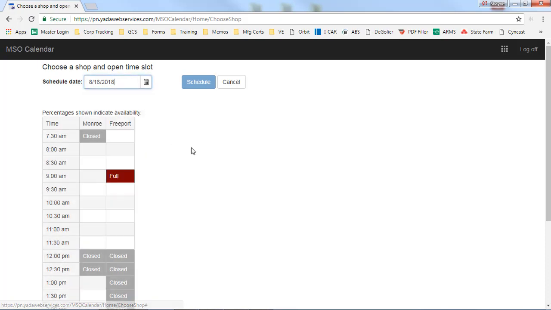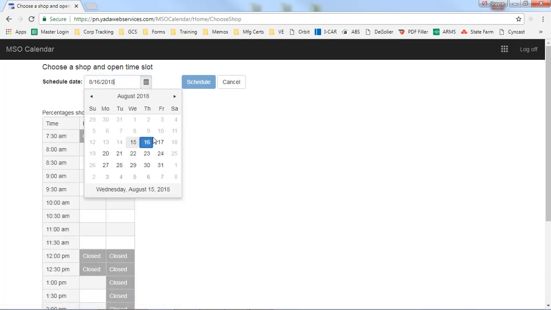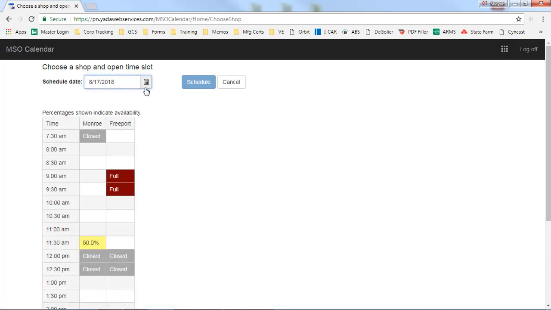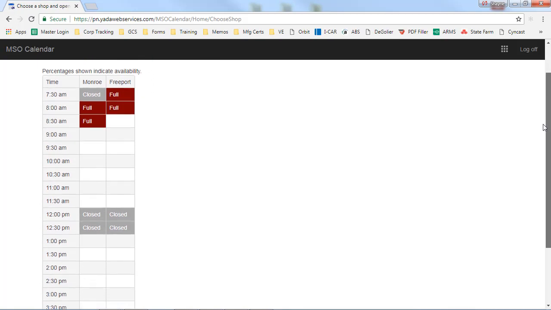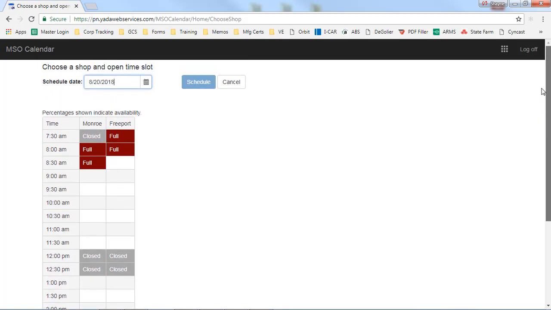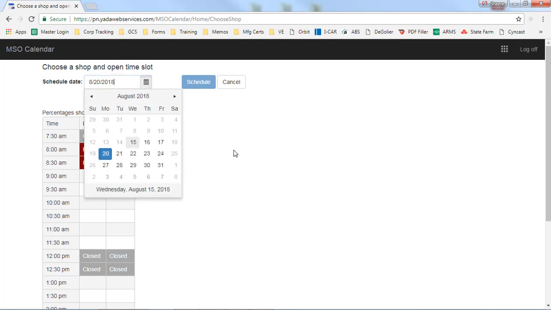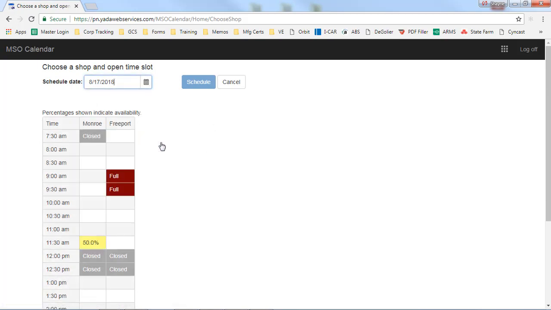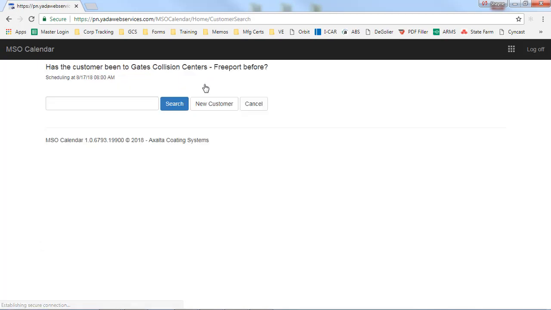What we'll do now is look at some different dates. Take a look at the 17th. Obviously a little bit has changed. We look at the 20th, and they've got some appointments at both locations there early in the day, but nothing later on. So what we're going to do here now is take a look at the 17th. I'm going to grab a time slot here for Freeport, so we'll go 8 o'clock, click on Schedule, and here